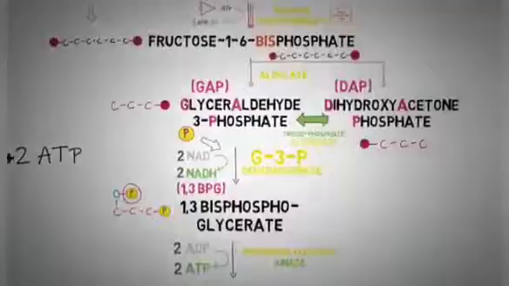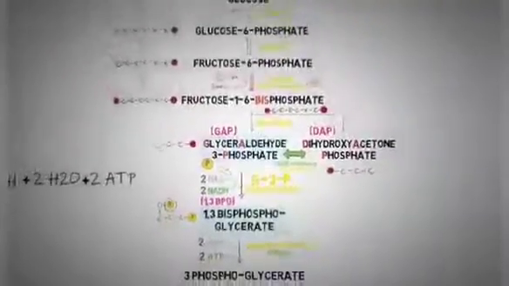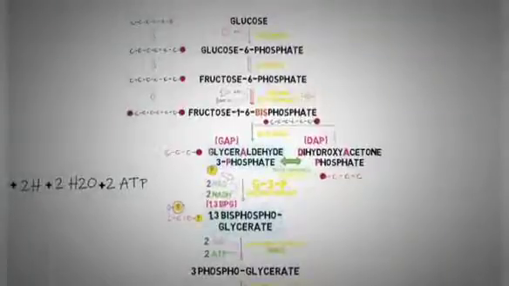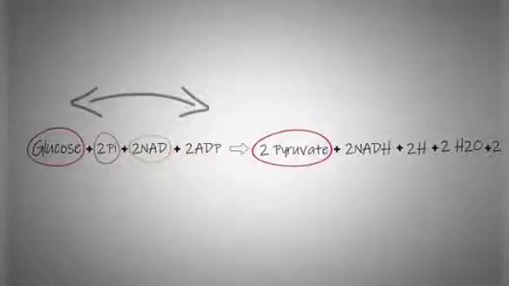is converted to 1,3-bisphosphoglycerate. You may be confused that only one phosphate is being used here, but please remember that we are essentially getting 2 molecules of glyceraldehyde 3-phosphate for every 1 molecule of glucose that enters the pathway of glycolysis. 2 NADs are used in this reaction which accept hydrogen and get reduced to NADH, which is subsequently used in the electron transport chain to make more ATPs.